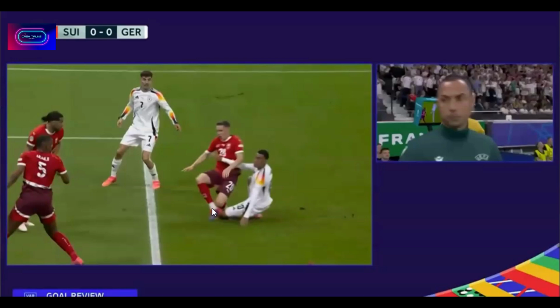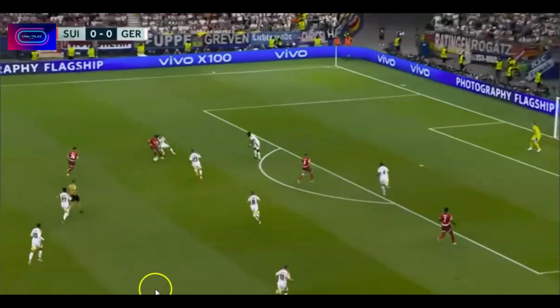Again, if the ref calls it on the field, I don't think anyone's got an issue, and even if I'd complain, I don't think it's a foul. But VAR coming back in and saying, no, that's not a goal. Absolutely terrible decision. Now, remember what I was saying about defending the space and not going to the ball. That's exactly what they do here, but they still get it wrong. And why they get it wrong is, I think this might be the guy that crosses the ball.